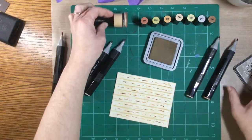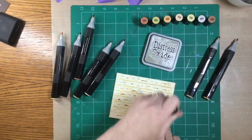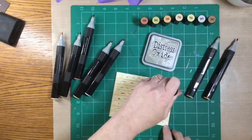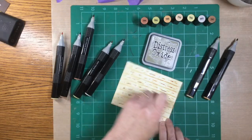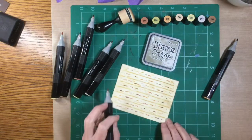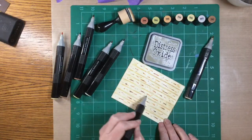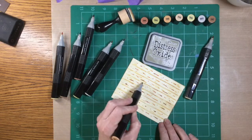Probably could have been a little bit darker, but it was fine for here. And then I went back in. You'll see, I went back in a little bit, now that I had a little bit more excess, and just kind of filled in some of the white spaces with more of the color, to give it that toasted look that you get. And then I just went back and filled in a couple where the frayed burlap